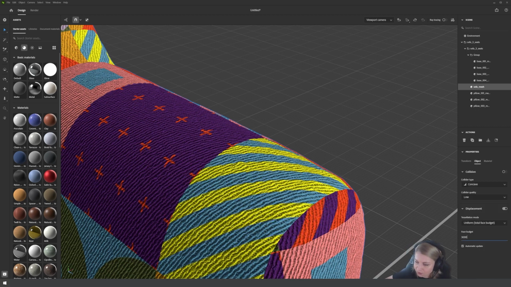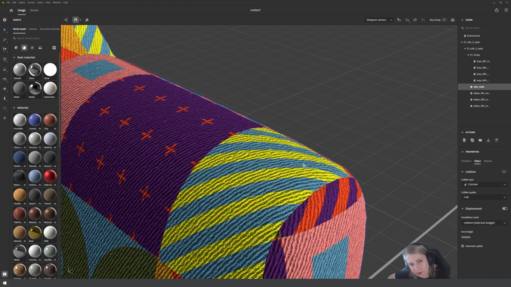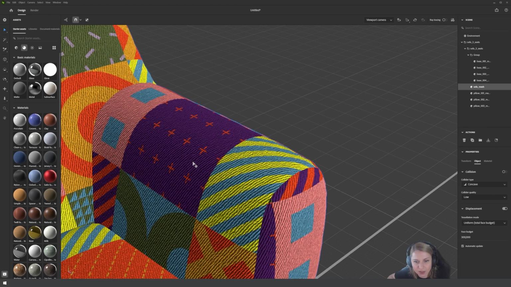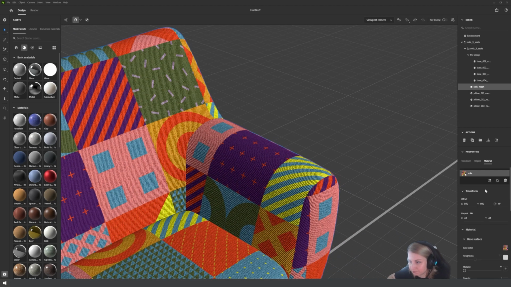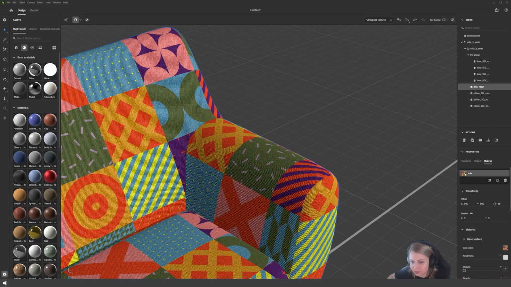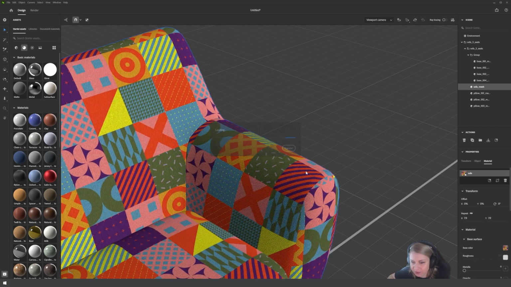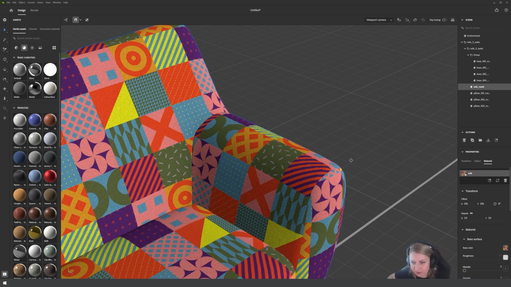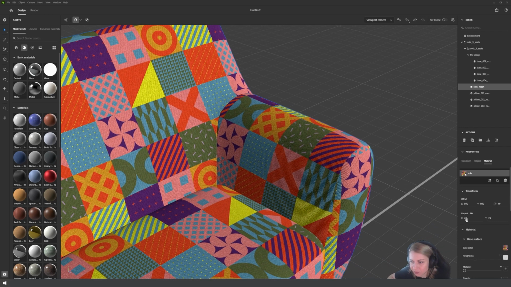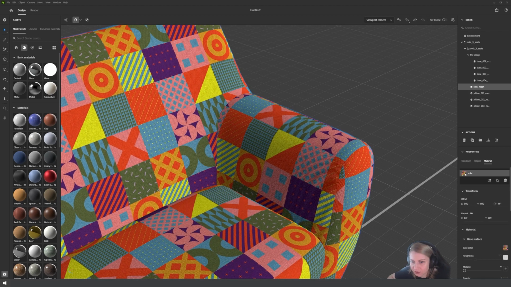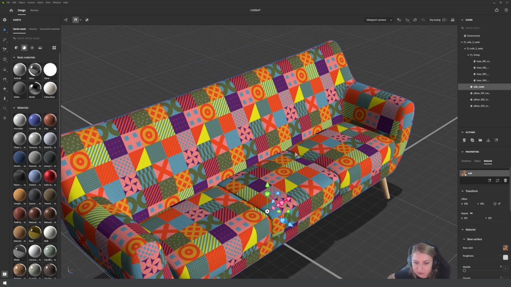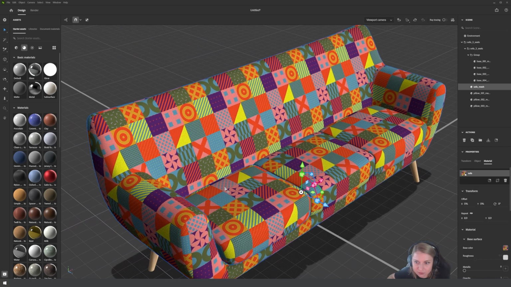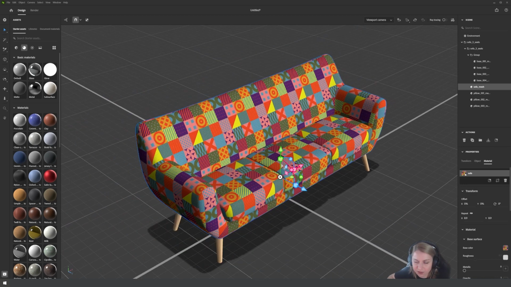Say 300,000. Now it looks a little bit better. So, yep, we go for realism. So in real life, this would look like this, maybe, or even more like this. Okay, so we have this really interesting looking couch now.